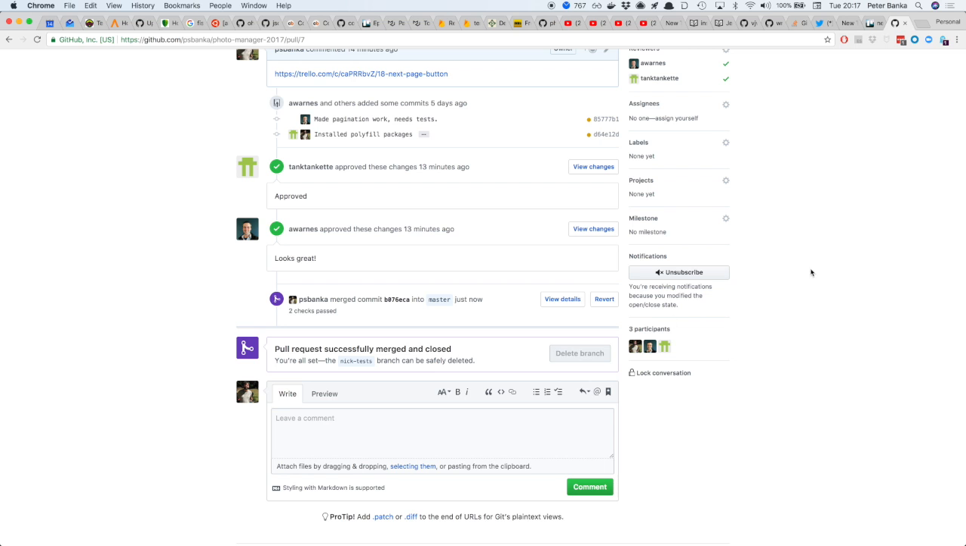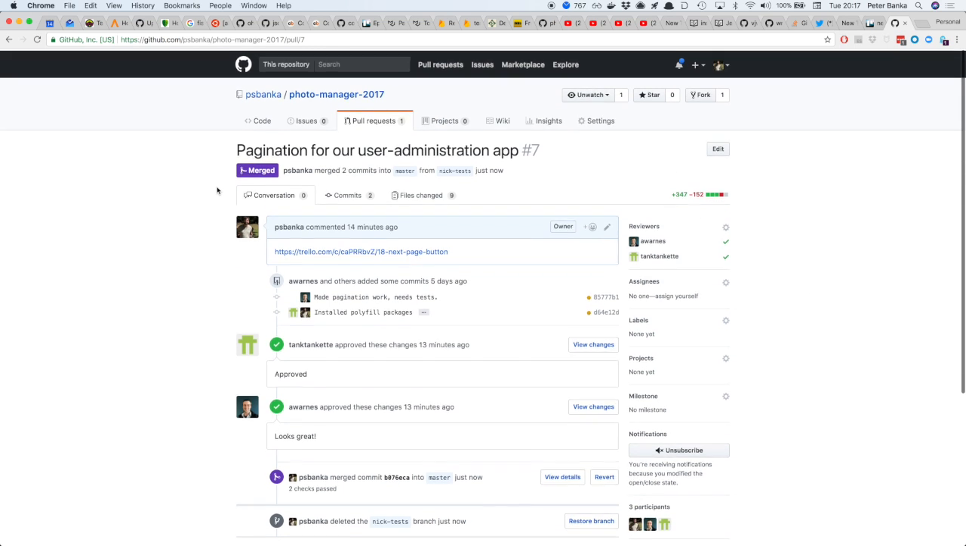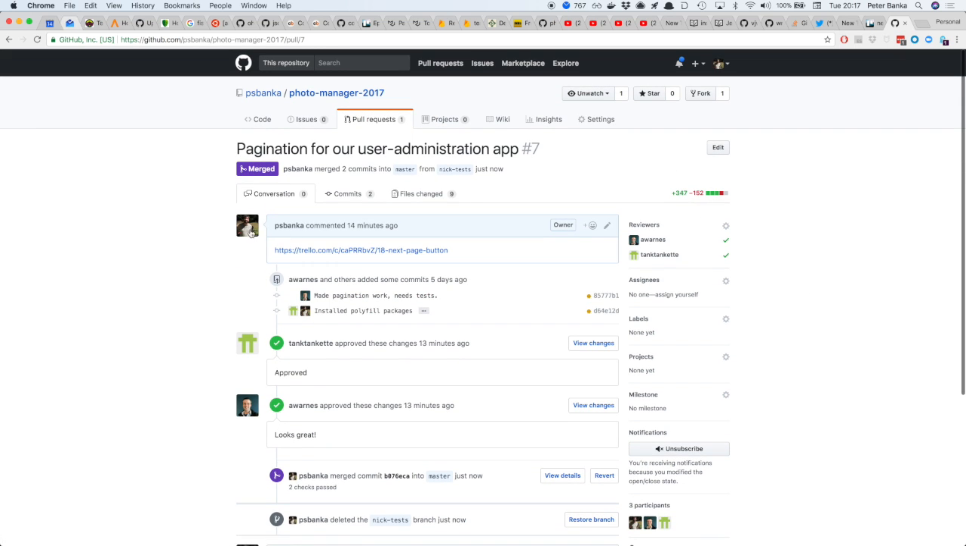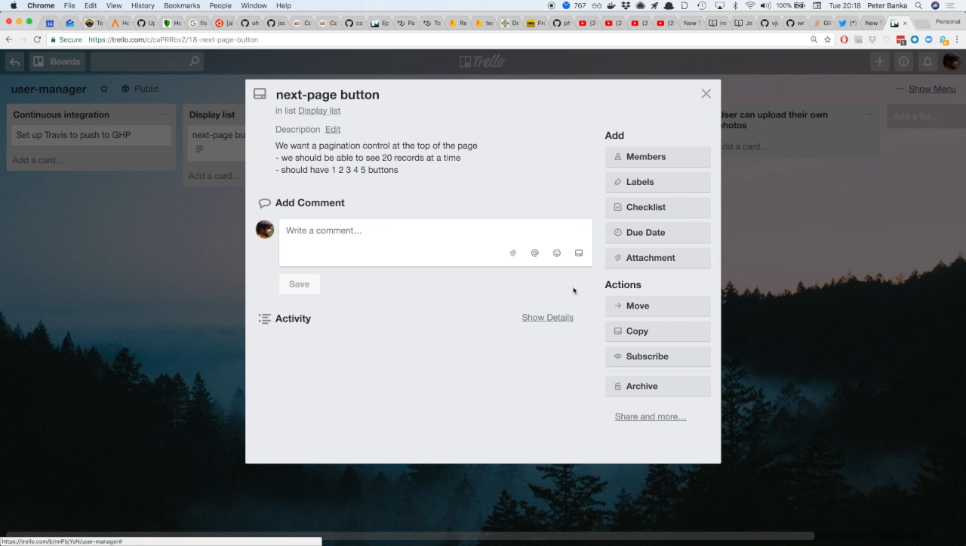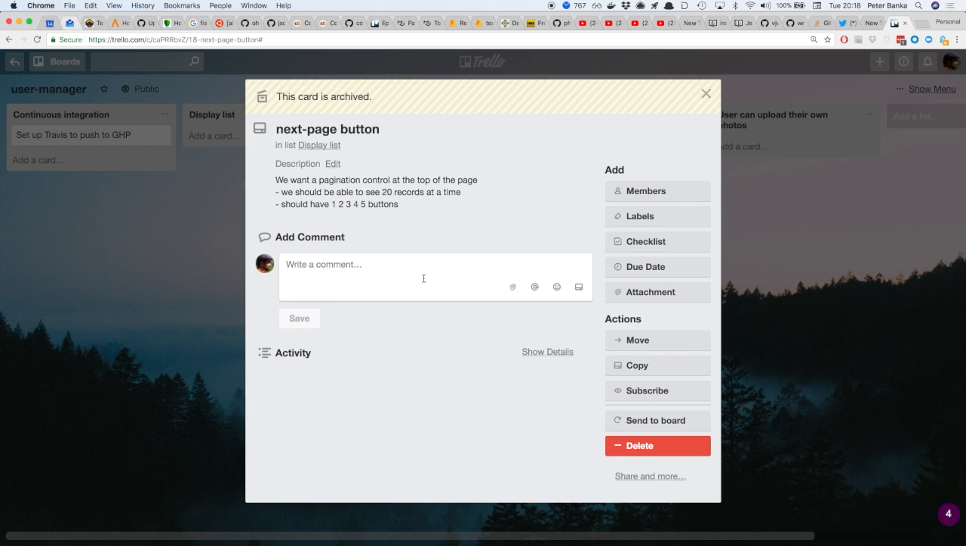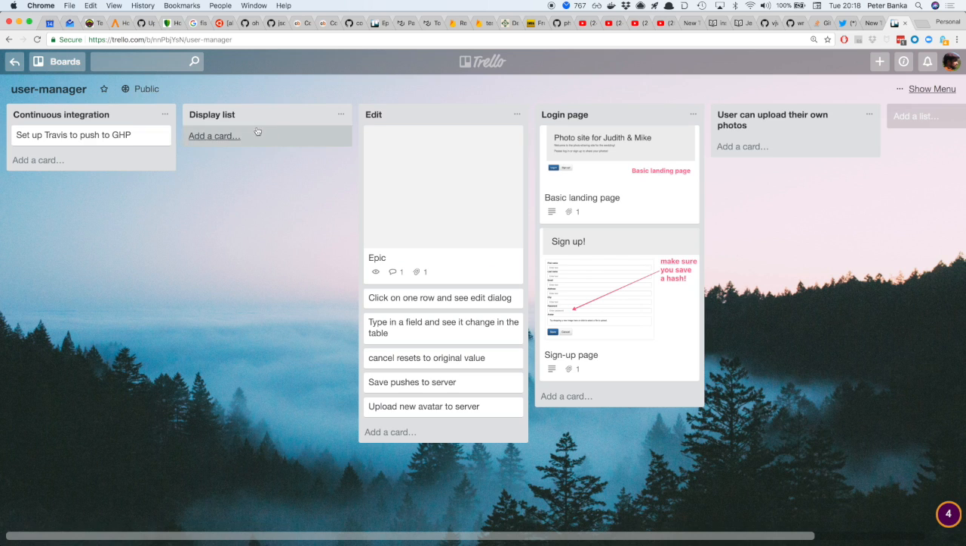Cool. Delete the branch. And it shows me as the PR initiator, but it shows that Alex did most of the work there, and that Nick and I worked together to do that stuff, the testing. So I'm going to close that out. I'm going to archive the next page button, and we're going to add a new card here for